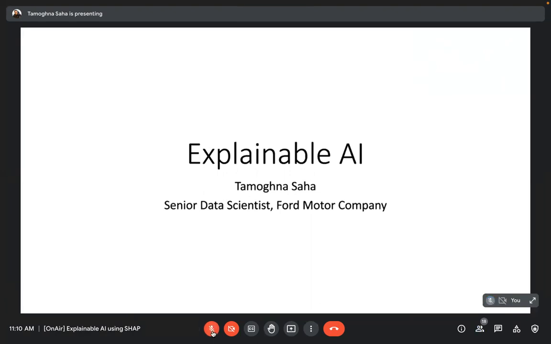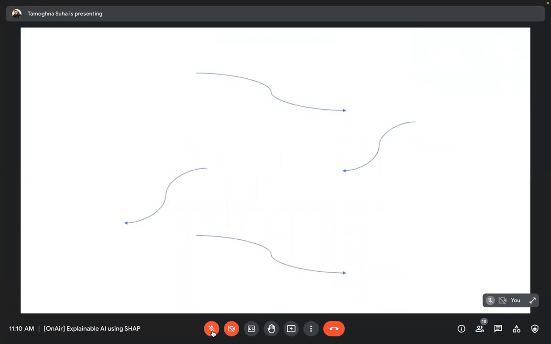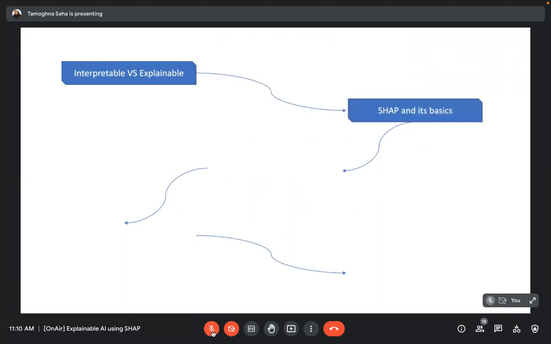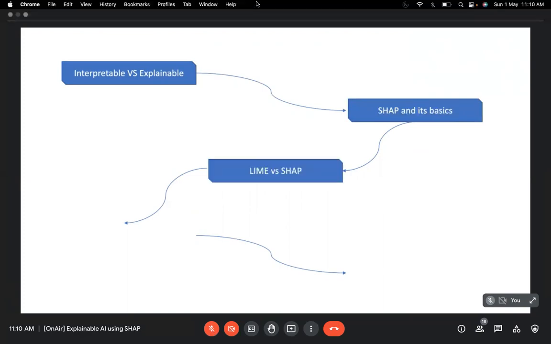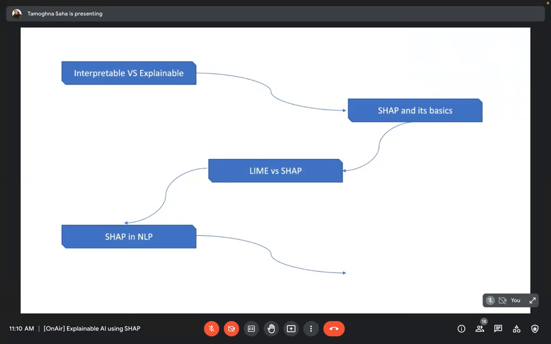So for the agenda for today, I will be having major understanding first, clearing out the terminology of interpretable and explainable, the basic concept of SHAP, where we are currently with it. How is LIME different from SHAP in a very brief way? And also, since I've been working on the NLP side, I will be explaining tabular-based SHAP information and stuff. But apart from that, I'll also give you a small idea about how SHAP works on an NLP basis. And finally, which one should we use at the end of the day?